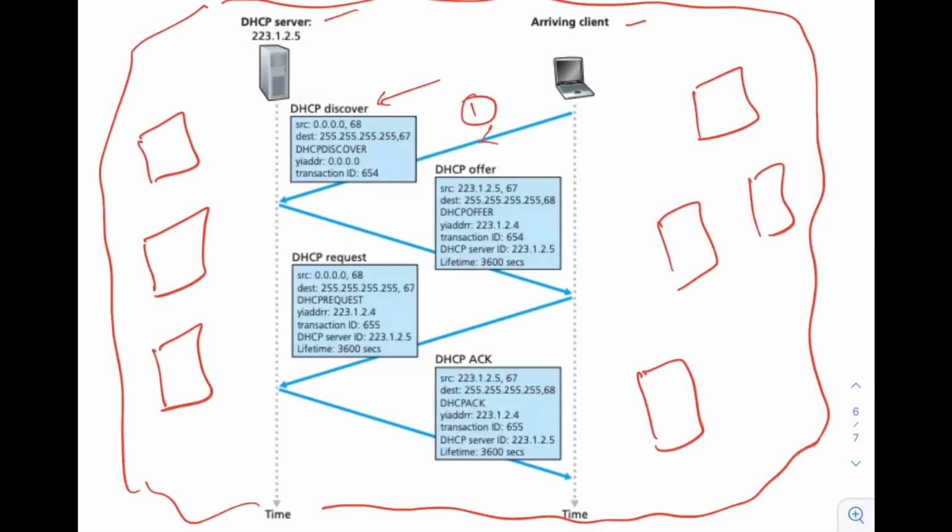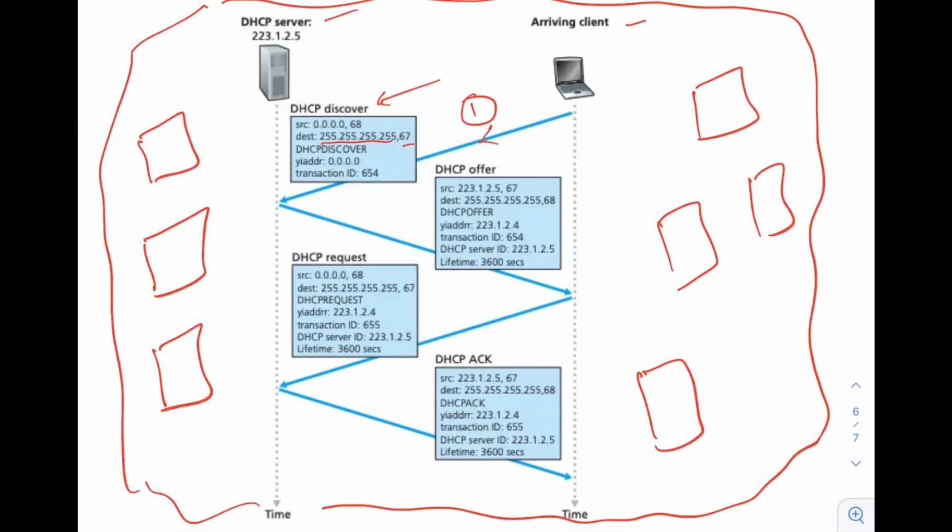The destination address is a special address again, 255.255.255.255, and the port number is 67, because on the server side, the DHCP server is listening on port number 67. What is the significance of this IP address 255.255.255.255? This is called the broadcast IP address. So whenever this is a destination, it means that this DHCP discover packet will be broadcast to all the devices in this network.